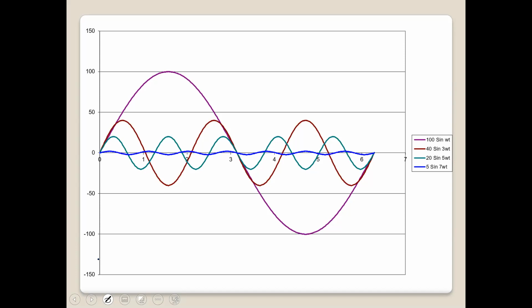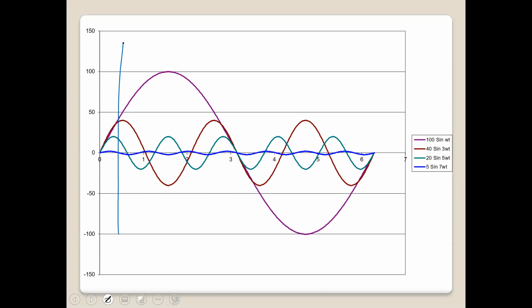Simply put, we just select any point in time. So we take an instant, yes, a point in time, and we just draw a line. All right. And then we add the amplitudes along that line. So at this point, the 7 omega t looks like about 0. It's crossing the time axis. Yes. For the 5 omega t,